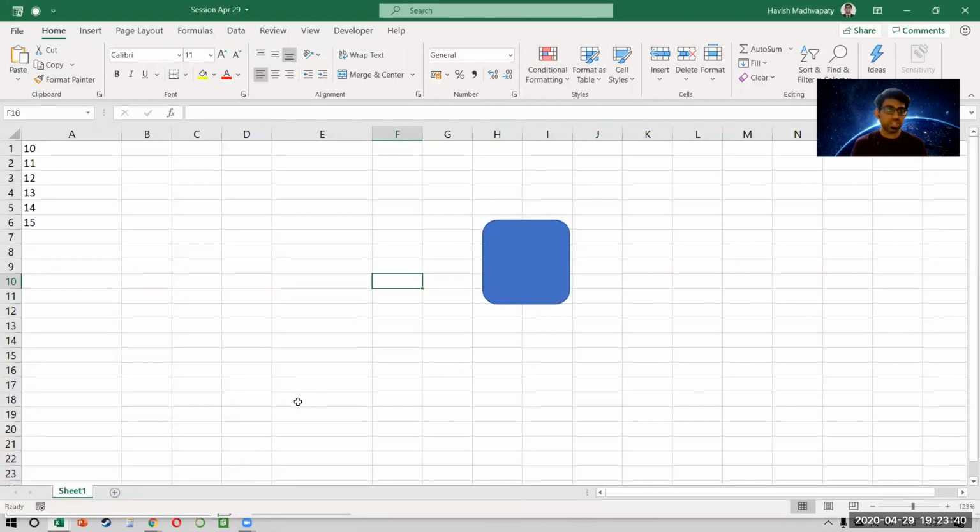Now, when there are only 4 sheets, it's okay. But when you have 150 sheets, then it's a big problem, especially with financial dashboards, because you might have a number of people who are preparing those Excel sheets. So we need to find a way in which we can automate this task, which means we want to unhide all the sheets one by one. But remember, we need a loop for this.